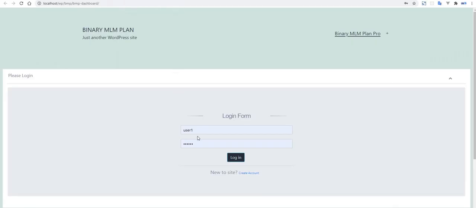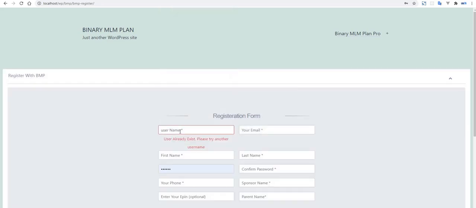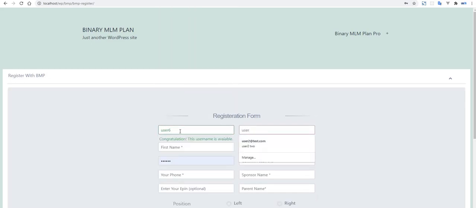Suppose I am going here, and this is user 6. I am considering user 6 at the rate test.com, user 6, with the password 123456.